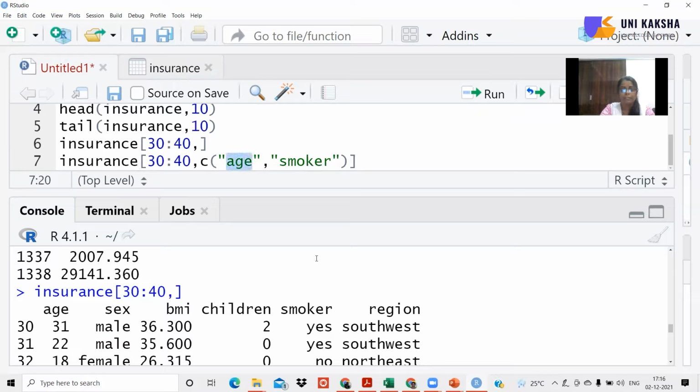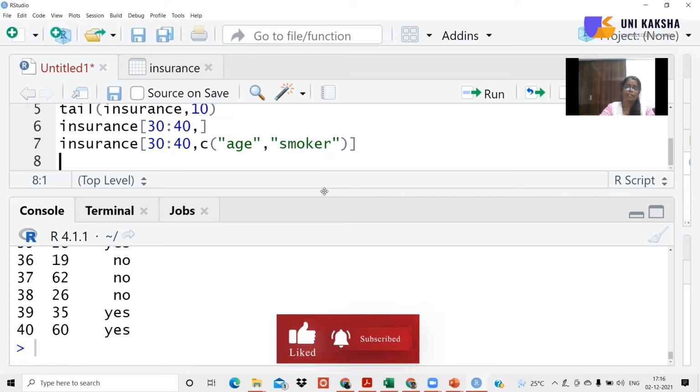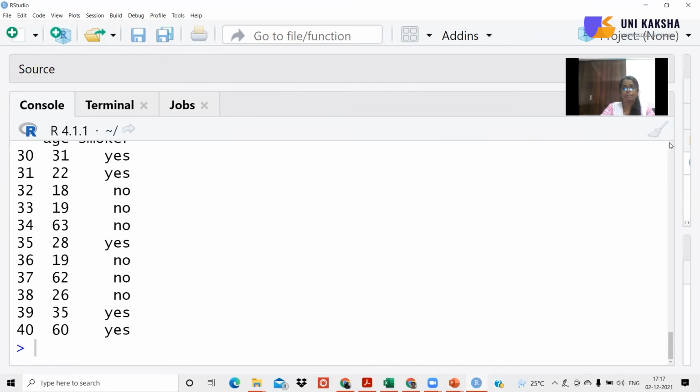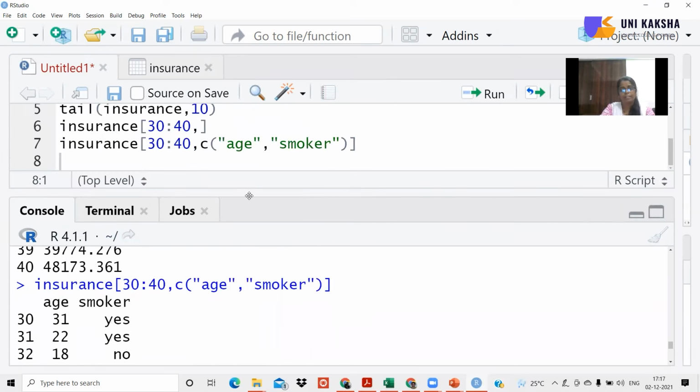So age is at index 1 and smoker is at the 5th index, so you can write 1, 5 as well over here. Why are we using the c? Because c stands for the concatenation function. As we are importing more than one column, that's why we have used that concatenation function over there. Okay, so if you simply write like this, then it will again provide you the information of the rows in between 30 to 40, but this time only for the 2 columns, that is nothing but age and smoker column.